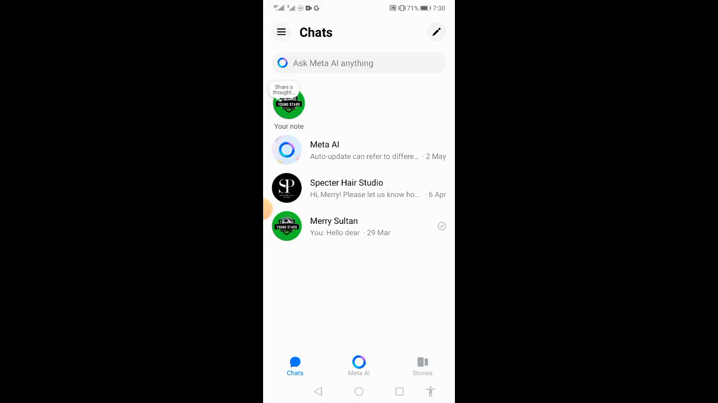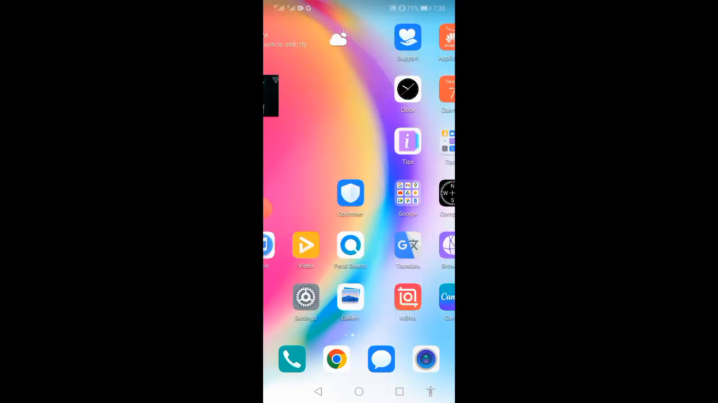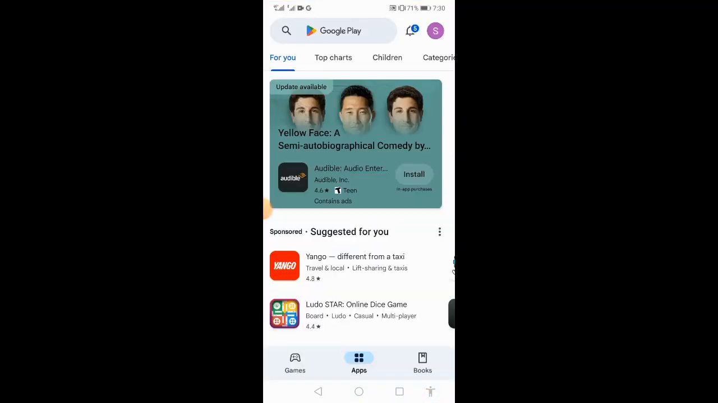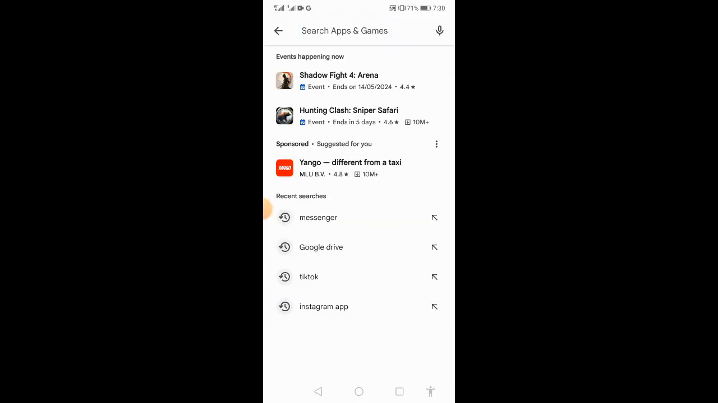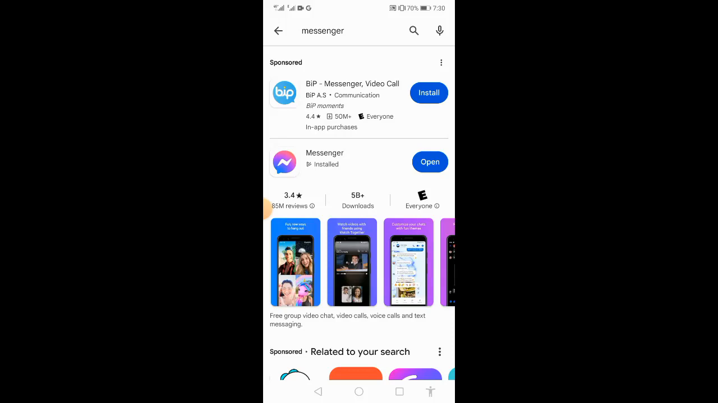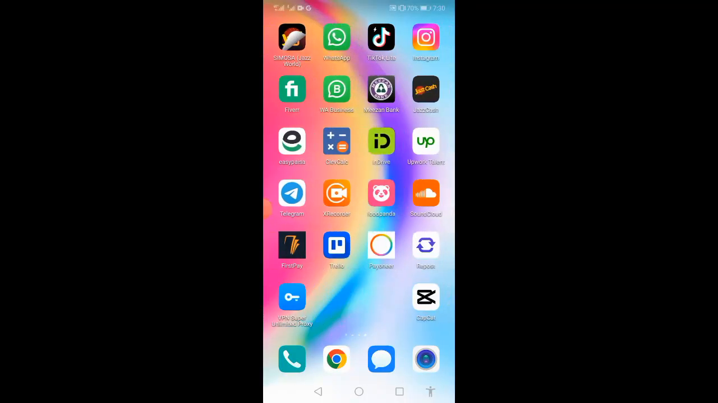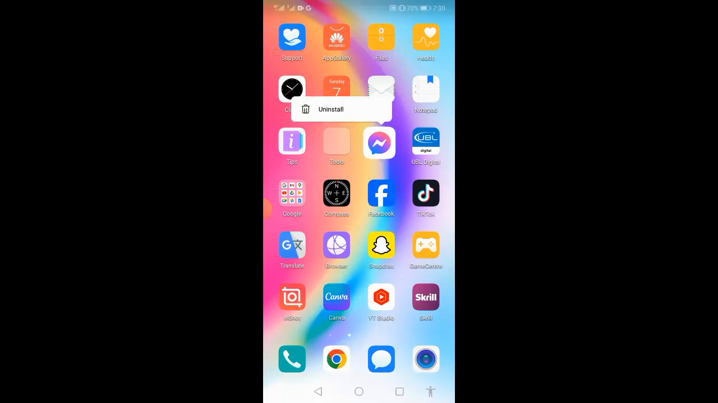Then open it and go back to the home screen, and you have to check the update of the Messenger app. Sometimes it will give an error when you do not update. My Messenger app is already updated, so you will have to check